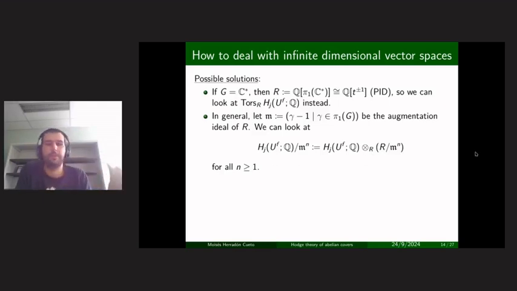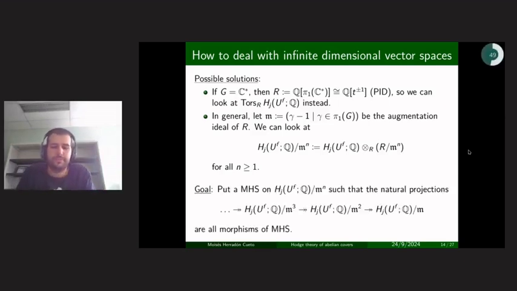And you could take that ideal and you would get a quotient, or you could take bigger powers of that ideal and you would get larger and larger quotients. For any n, you take the nth power and you get a different quotient. And you could even ask for all of these to be compatible. It seems like a reasonable thing to ask.